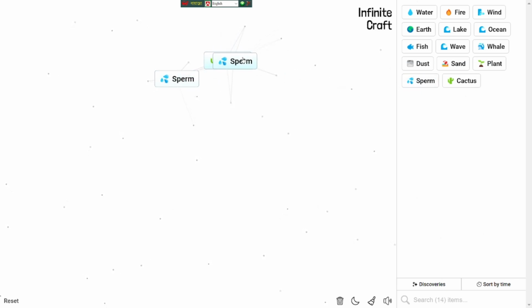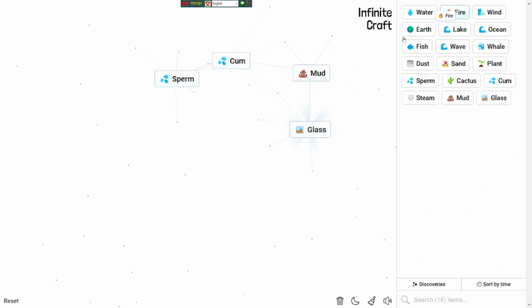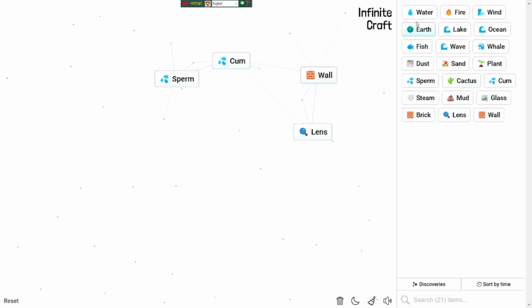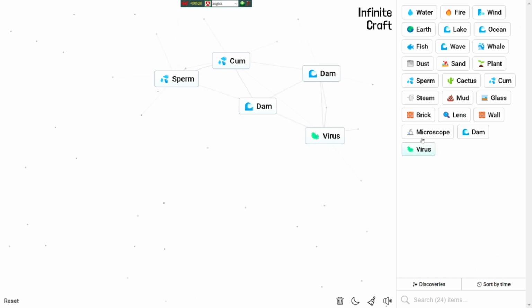cactus plus cactus plus sperm, fire plus water, earth plus steam, fire plus sand, fire plus mood, fire plus glass, brick plus plant, lens plus water, wall plus water, fire plus microscope, dam plus steam, fire plus virus,